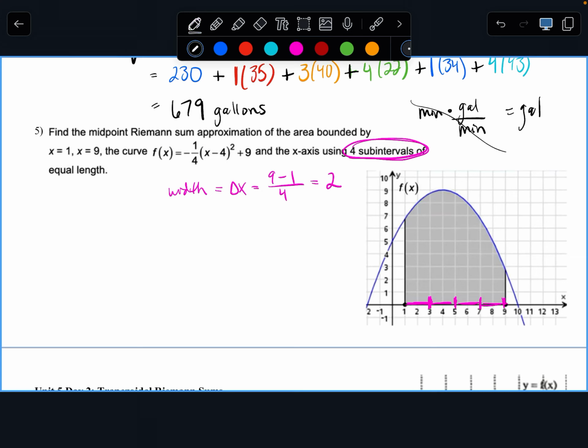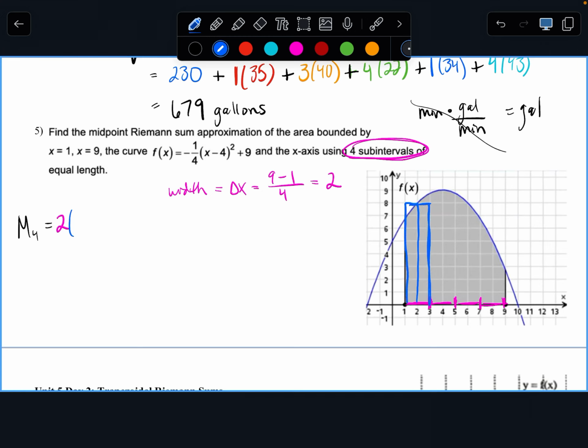Okay. So then to find, again, they use M sub 4. It's a little outdated. They don't usually use that. Sometimes they do. But I'm going to find midpoint approximations. So my widths are 2. So that'll be easy. All of them are 2, so that's nice. Didn't change like the other one. But now I need to figure out what my height is. And I have to do middles. That's annoying. So to find middles,